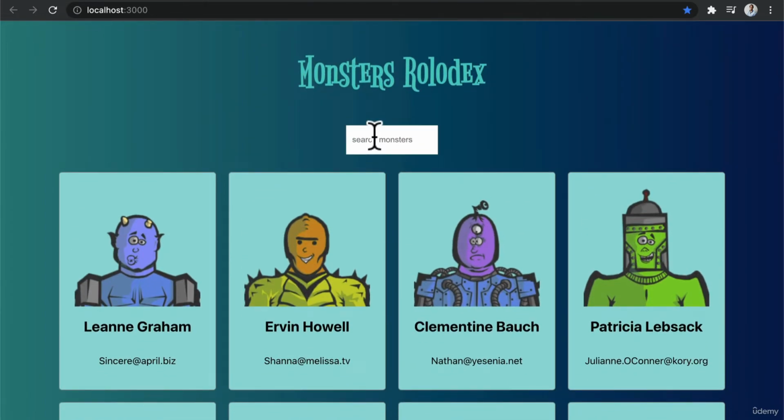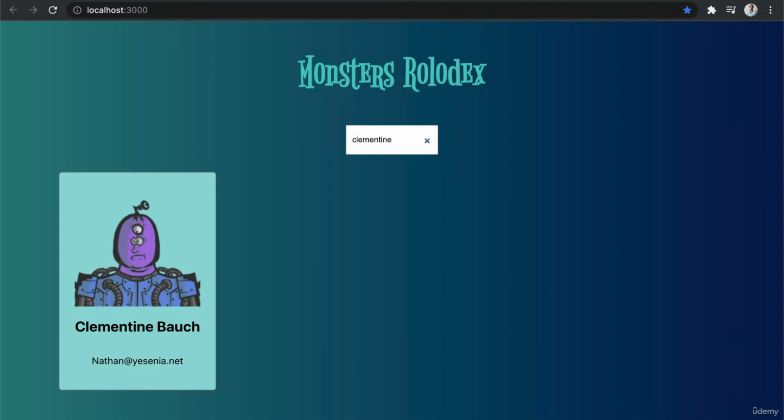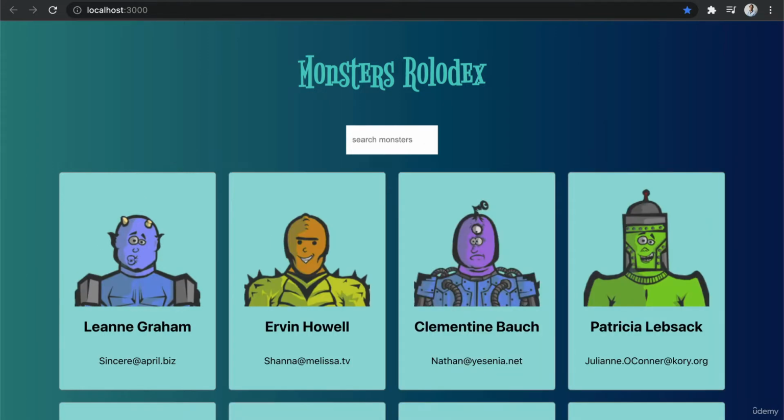So let's say, for example, we wanted to filter for Clementine as we start typing. We will see that we will start filtering out any monster that does not have a name that matches what we typed in the string. It's a very simple application, but it'll teach us a lot about how React works and how a React application is